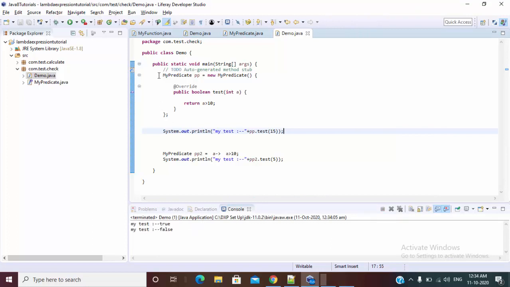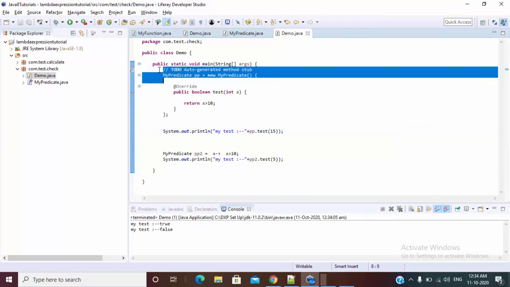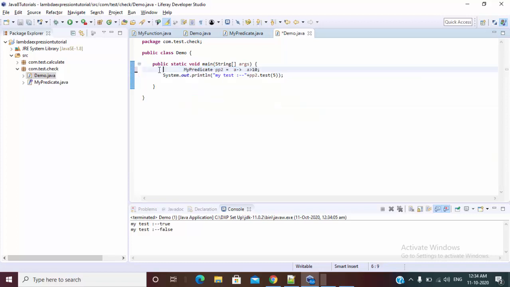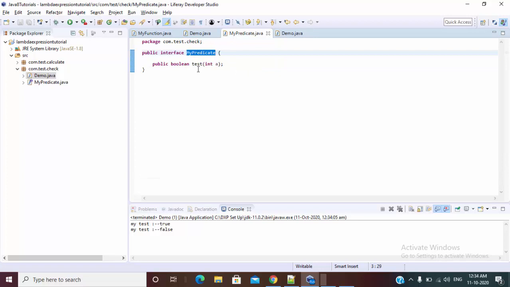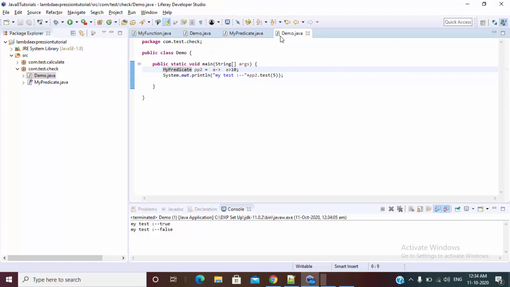Okay, so let me remove the anonymous one. Here we can see we can write a simple method which can provide the implementation of the test method of my predicate interface. Now let's discuss some of the rules to write lambda expressions.